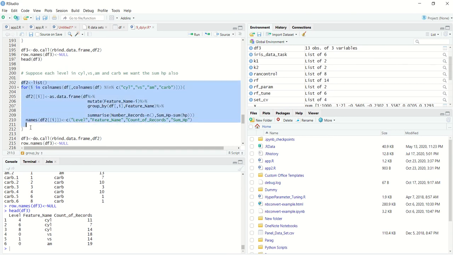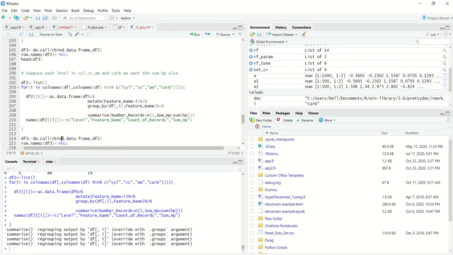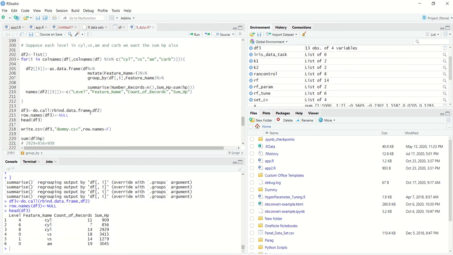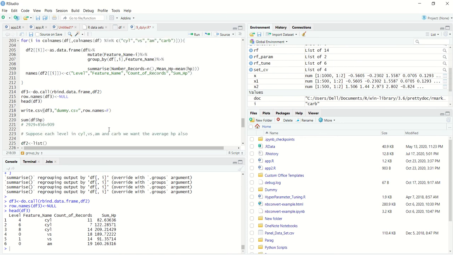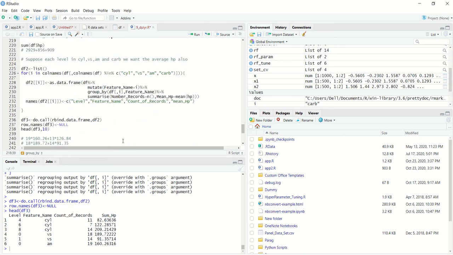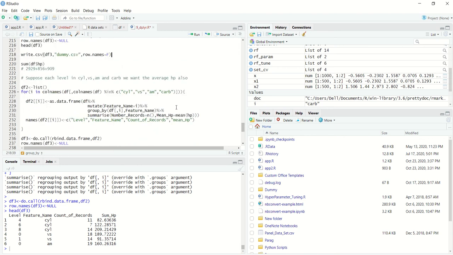If I do this again, see, I have created sum of horsepower. In this particular example I have taken it for reference, but mean of horsepower makes more sense, so let me replace it with mean of horsepower. Yeah, mean of horsepower makes more sense, and then I can export it for further analysis, or I can prepare more charts. Subsequently at the bottom I have taken mean of horsepower also.